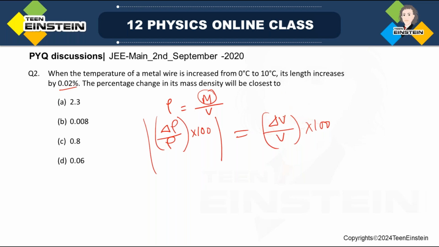Okay, so how to find out this delta v by v? This is actually our problem now. So what is given? See, the length increase is given. In case of volume, if you are heating an object, how does volume change with temperature? V equals V0 into 1 plus gamma into delta T. This is the change in the temperature. Okay, so from here, look how I can write this: V minus V0 divided by V0